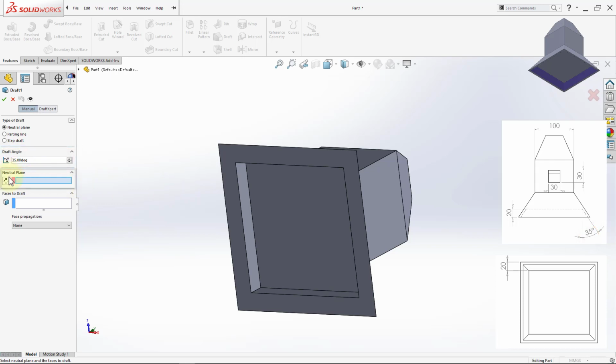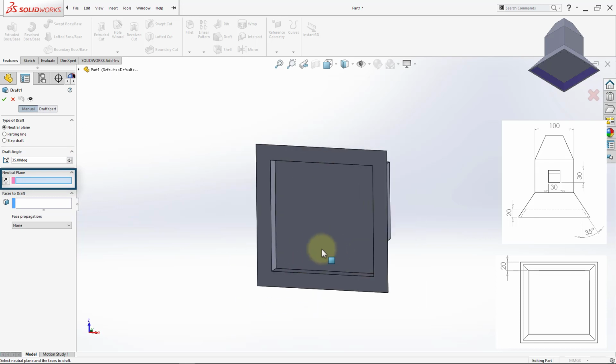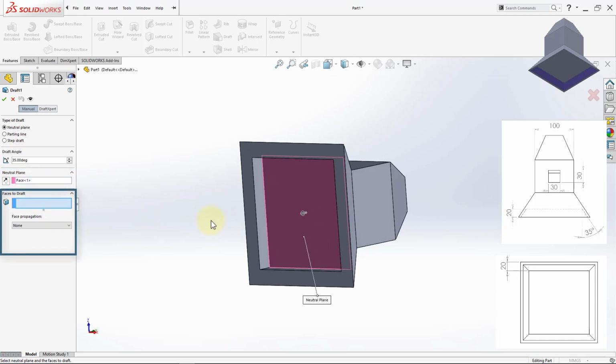The second option is called neutral plane. Now in draft surfaces, there are two things that happen. There is a surface that remains the same and another surface that gets drafted. So for neutral plane, we're going to select this lower plane here, because this lower plane is unchanged in the drawing. So if we select that, and then faces to draft are the faces that we'll apply the feature to,